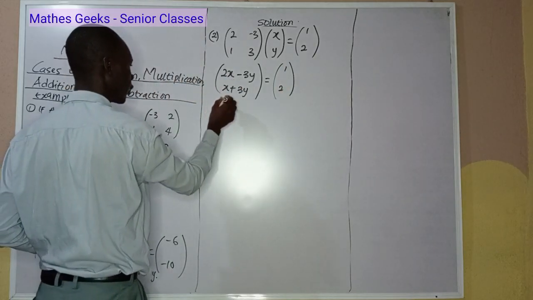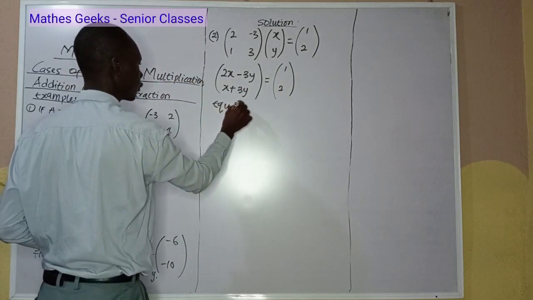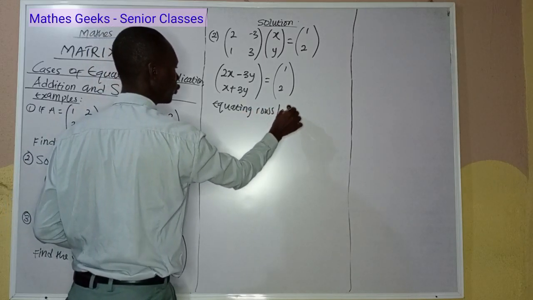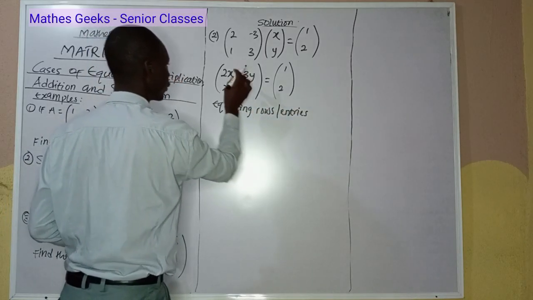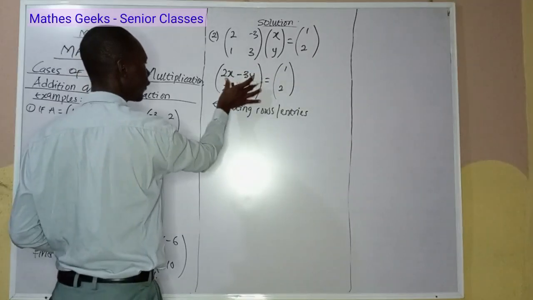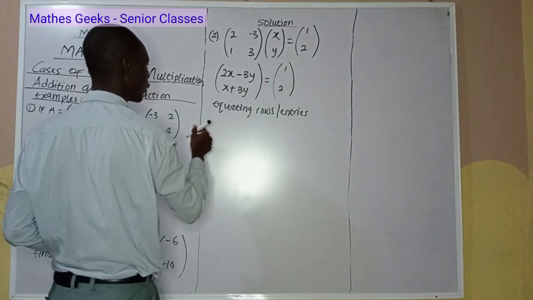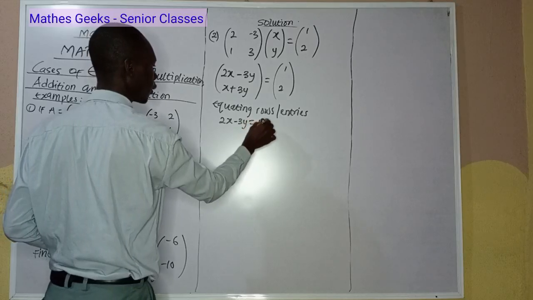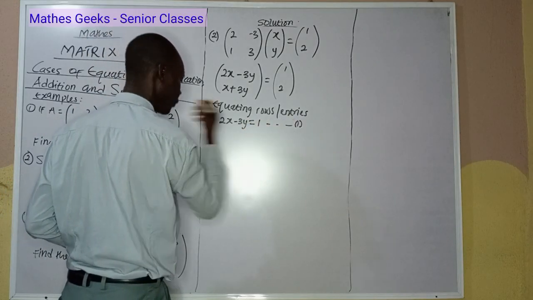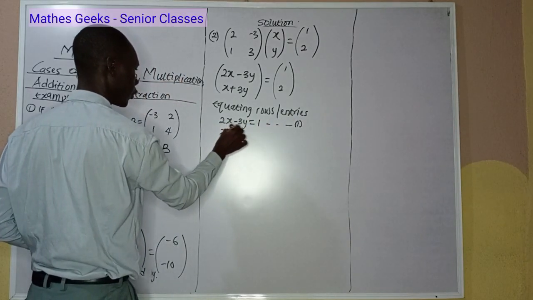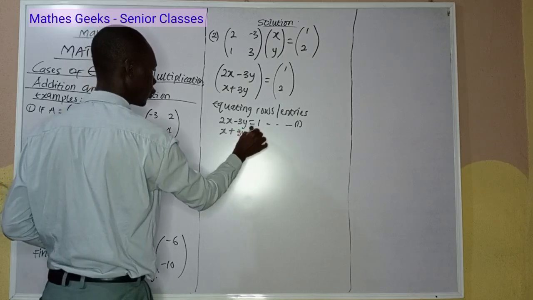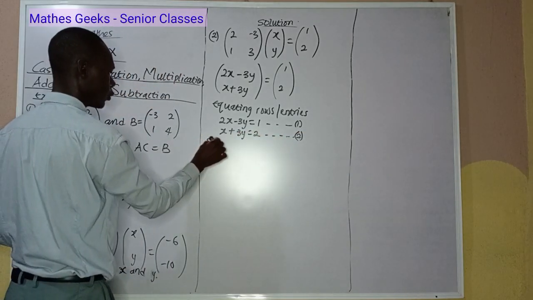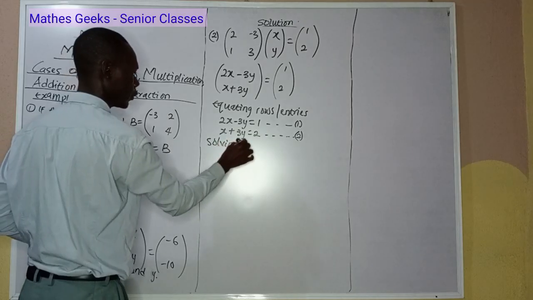So equating rows or entries, the first entry is equal to this entry. So 2x minus 3y is equals to 1. Equation 1. x plus 3y is equals to 2. Equation 2. So solving simultaneously,